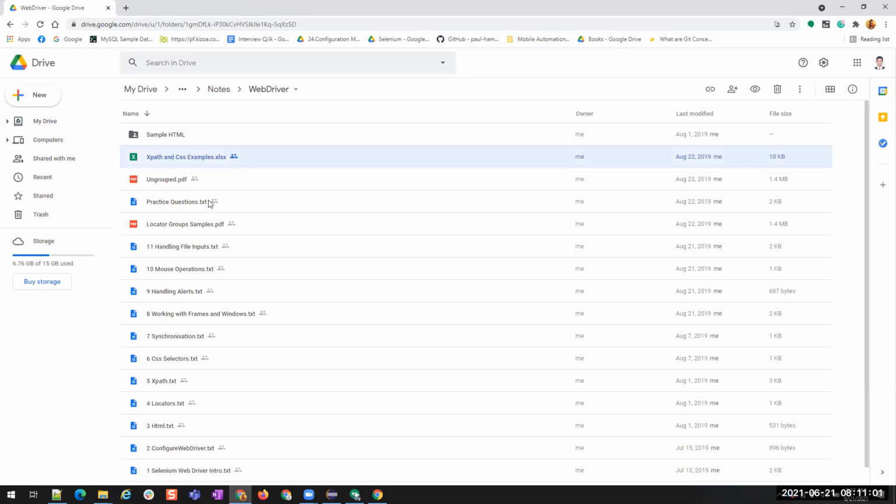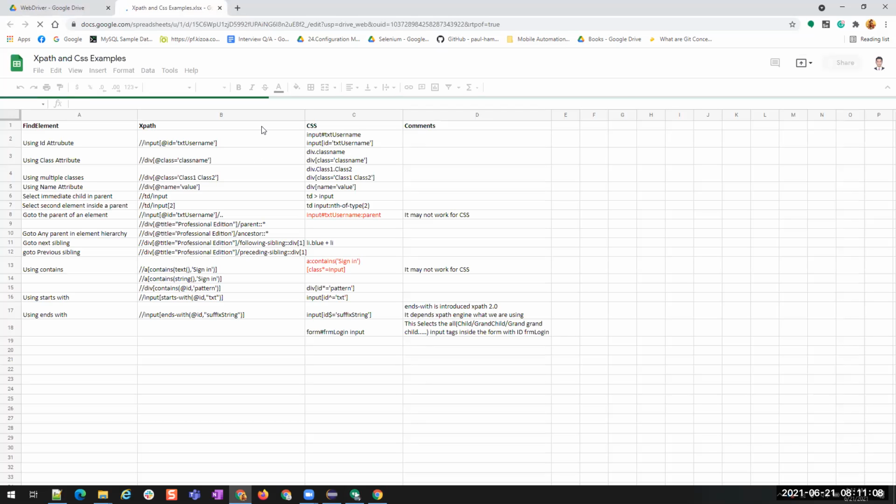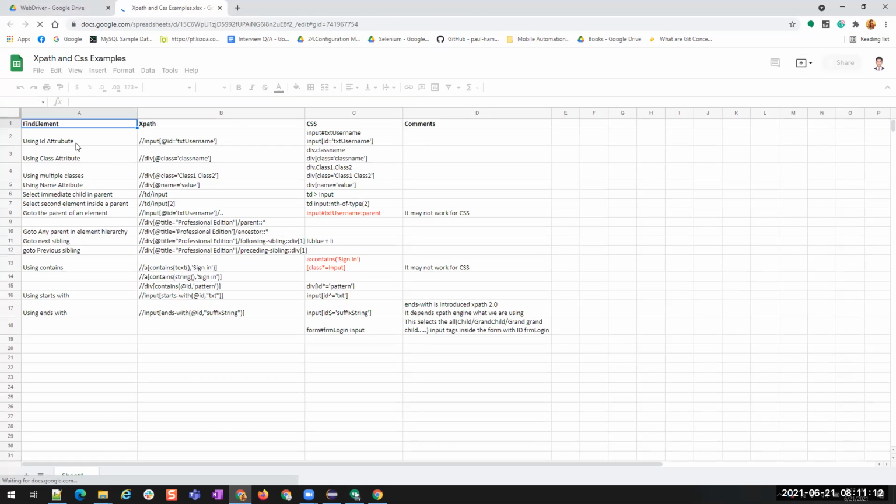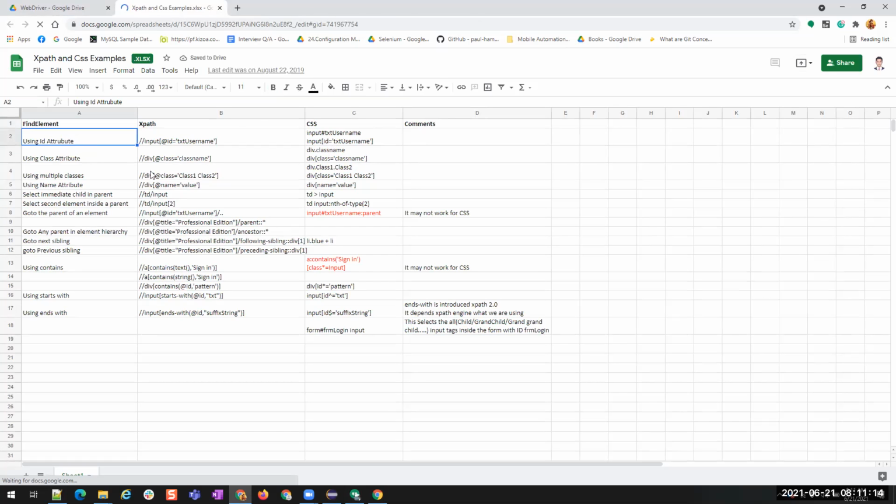Yeah, this is the Excel sheet which I was talking about, which is showing the differences between XPath and CSS, and how do we write the XPath and how do we write the CSS. You are able to see my Excel screen, right? Yeah, Nikhil.